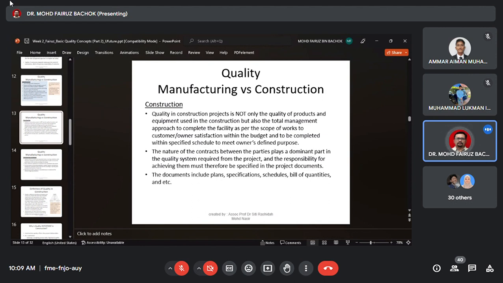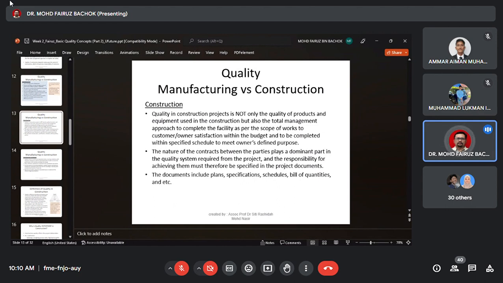That's why you have to look first at these three: quality, equipment, and also total management. And at the same time, you have to know these three limitations: customer certification, budget, and also specified schedule. Okay, it's normal if your construction is over the time, over the limit, but it must have a strong reason. Maybe because of the weather, then that's an acceptable reason. If it's not an acceptable reason, then you need to reshuffle the delay or over the budget. Everything will be up to you as the construction firm, and you have to look at it.